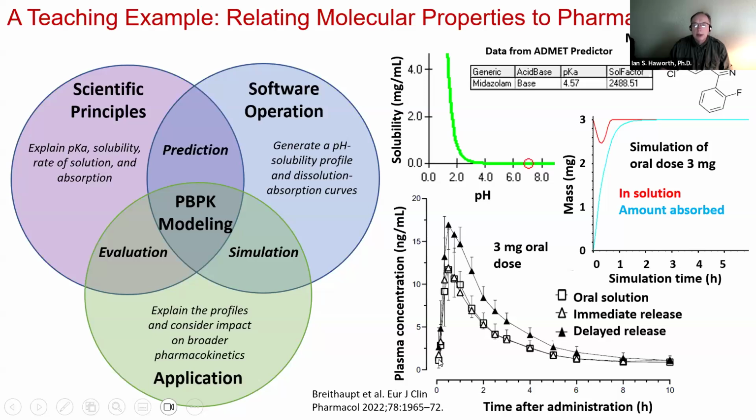So you can go from really quite basic physicochemical principles through the behavior of the drug in the gut to actually accounting for, in a broad sense at least, the plasma concentration versus time profile. So that's the kind of thing that we want to do in a teaching context. And really, that is also what we do in a research context. And it's really not all that different. But of course, in a research context, we're building much more complex models, and these physicochemical processes are just the beginning, really, of the model.